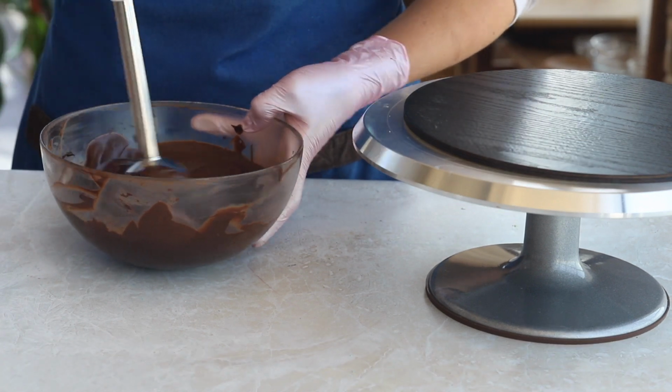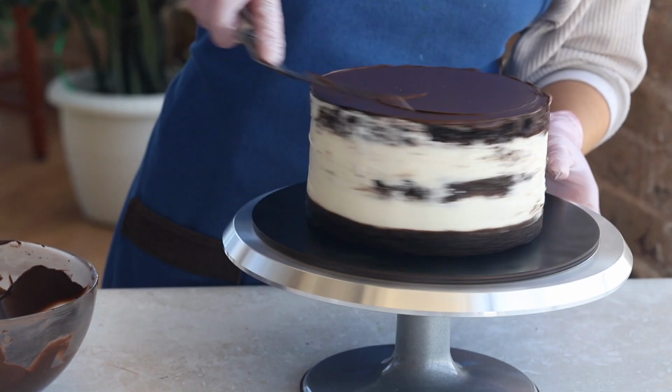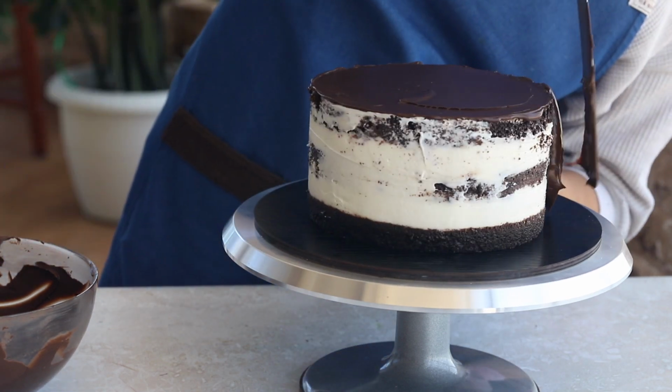Covering cake always starts with the crumb coat. To prepare our ganache for covering, heat it up to work temperature and blend. This will make it smooth and lump-free. Spread it on the cake, smooth it out, and put the cake in the refrigerator for 10 to 15 minutes